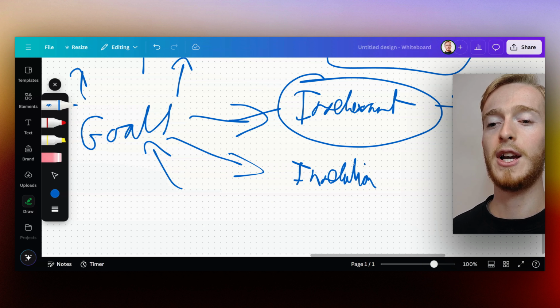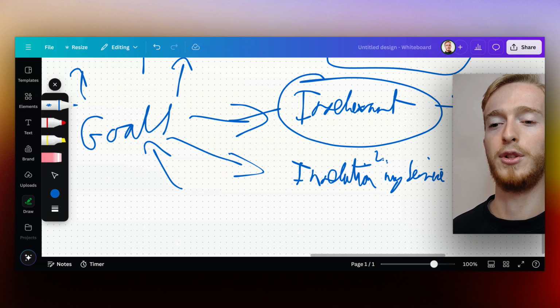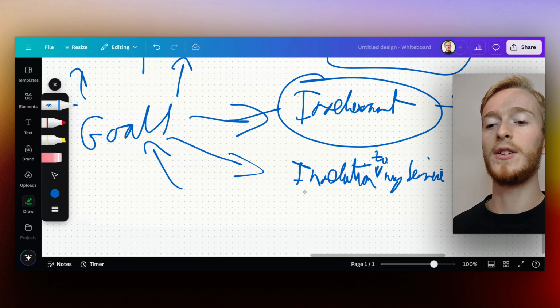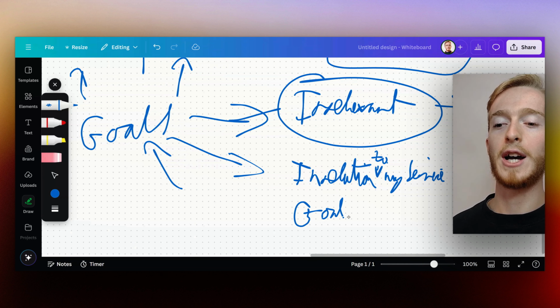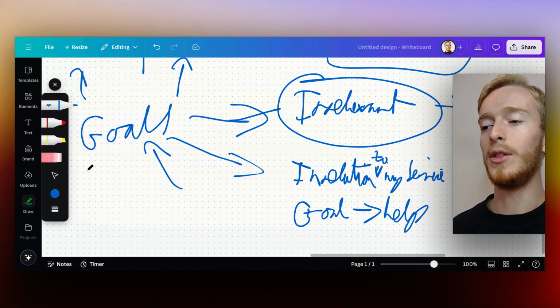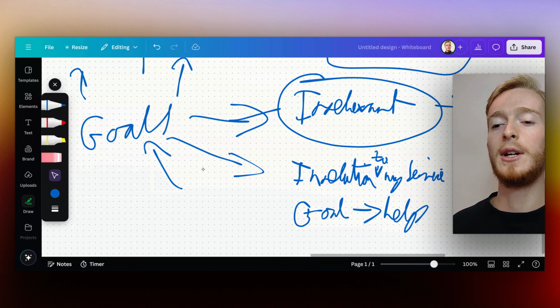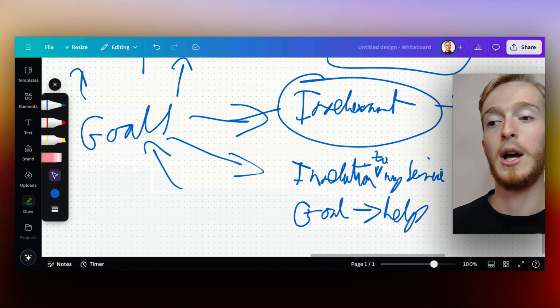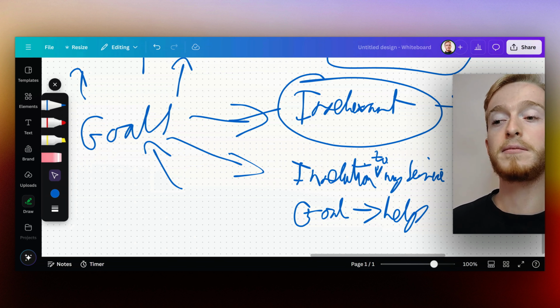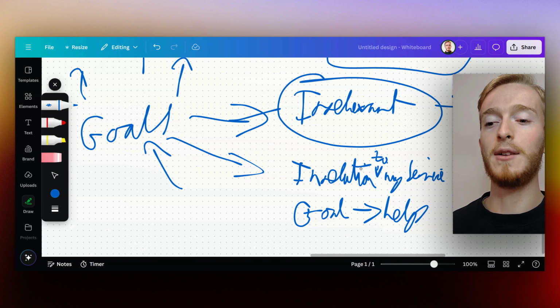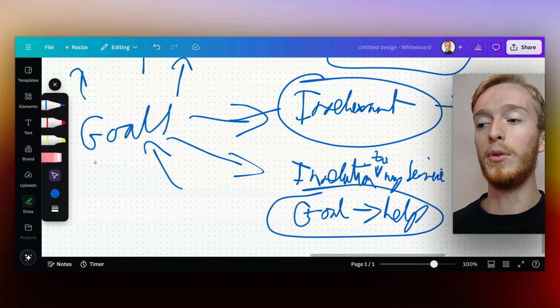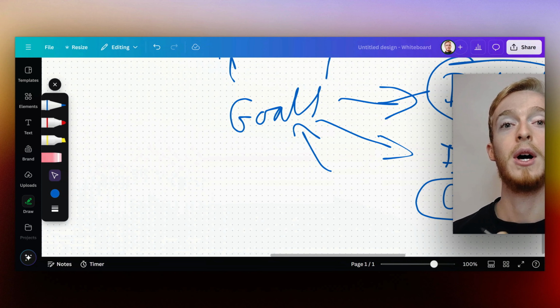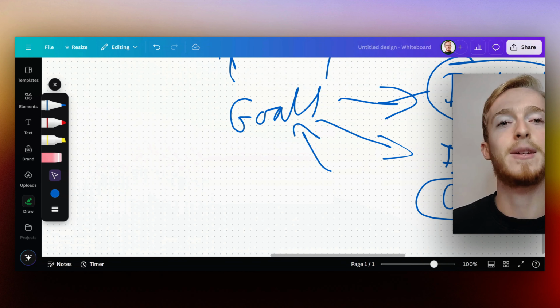However, the other side is that people will tell me a goal that is in relation to what I can help them with, in relation to my service. It's a goal which I can help them with. And this is good, because it tells me this person is open to chatting with me about this. If you get this response where they share a goal which you can help them with, which for me, sometimes I've had people say, when I asked about their goals,